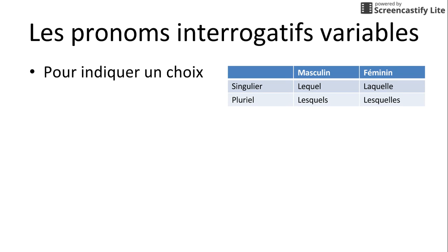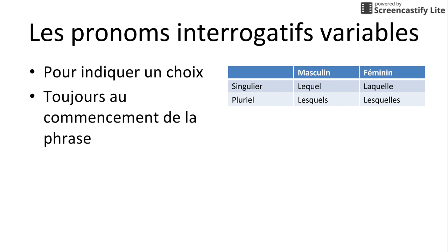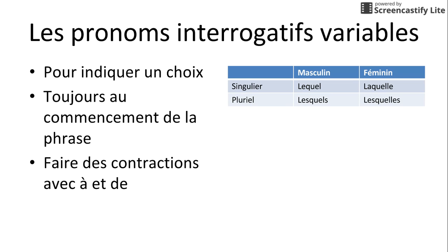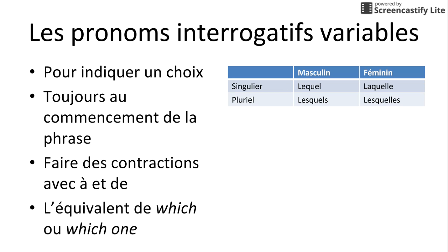Finally, we have interrogative pronouns. You may remember from previous years learning about quel and then lequel together. Lequel has 4 different forms, masculine, feminine, and then the singular and plurals. And in English, we translate these to which one, which ones.